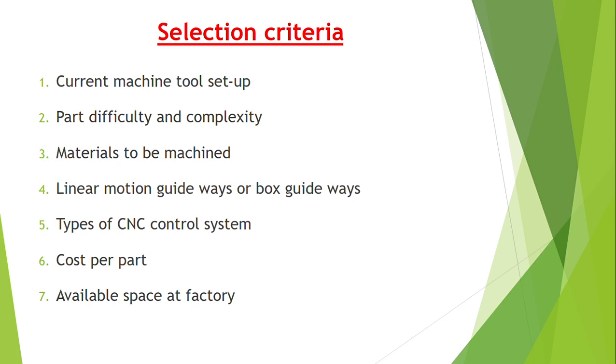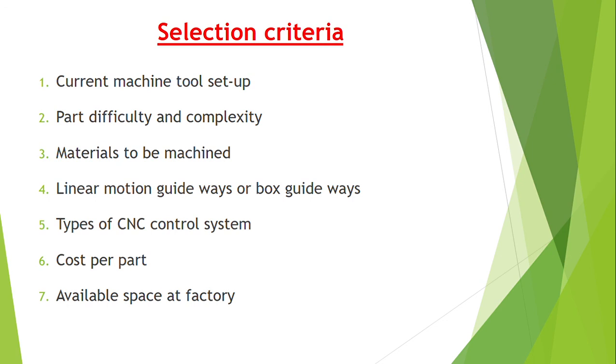This depends upon factors like speed, rigidity, load carrying capacity and tool life. It can be answered depending upon the material to be cut, vibration, desired cutting feed rates and the expected tool life. The fifth one is the type of CNC control. This depends upon the type of operation that will be performed on the CNC machine.